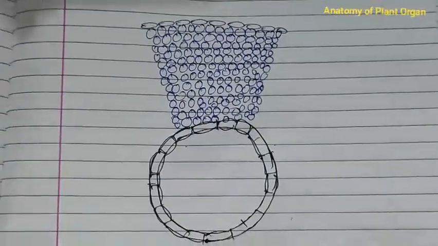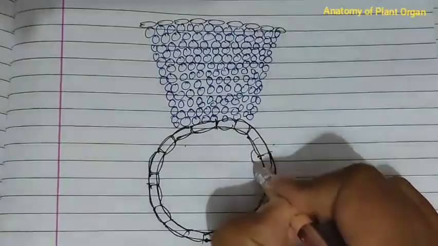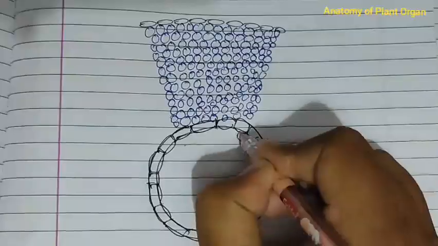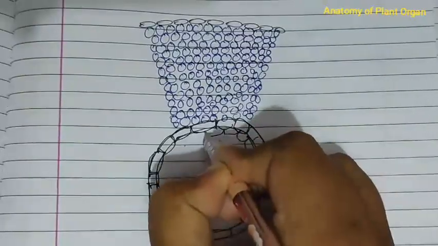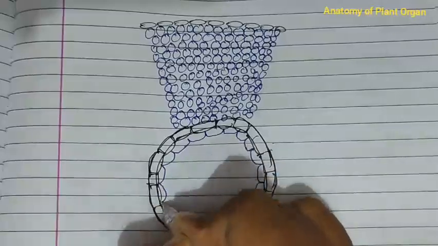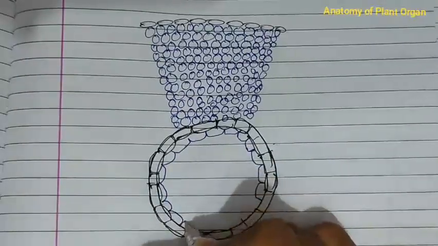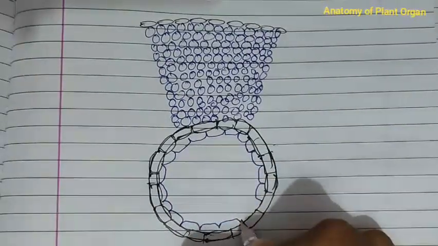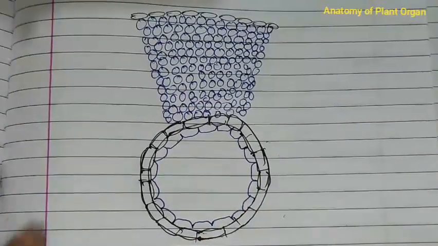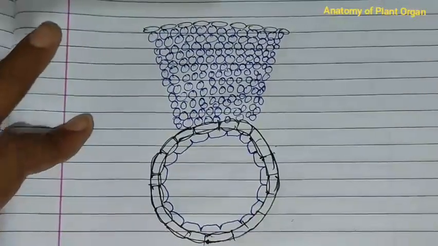Now inner to this endodermis we find a pericycle. These are the cells of pericycle. Inner to pericycle we find the vascular bundles,